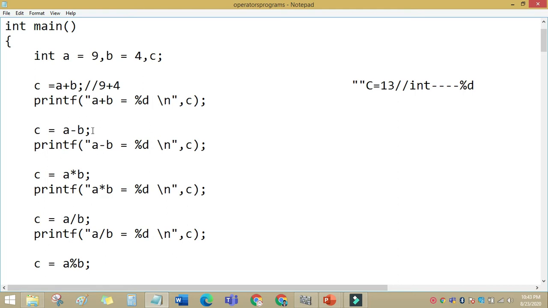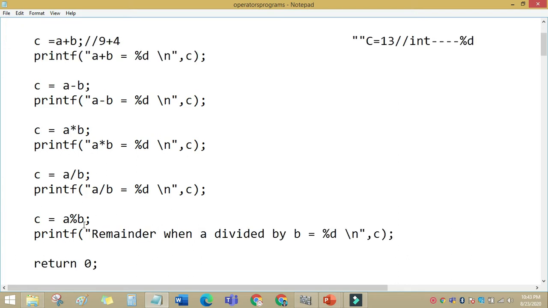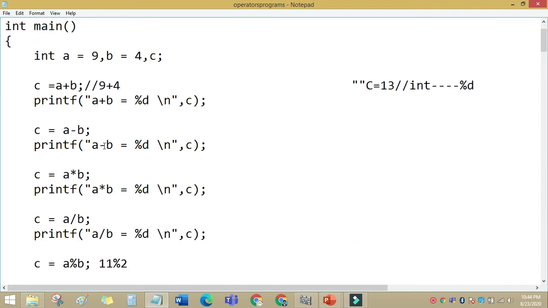Like this, star and slash. The modulo division is different. It will give the remainder of the corresponding operation. For example, 10 modulo division of 2 means the remainder will be 0. If 11, the remainder will be 1. So the remainder will be stored in the C variable. That is the use of the percentage modulo division. So this is an example of the arithmetic operator, and this is the result.